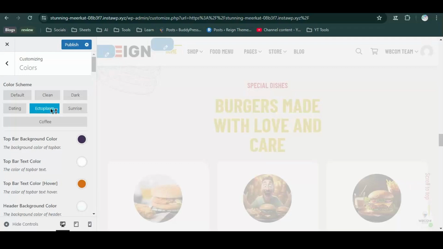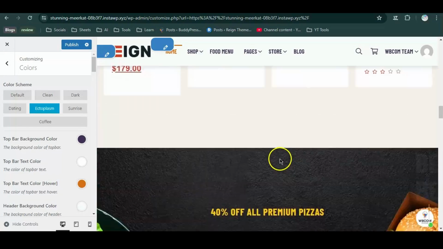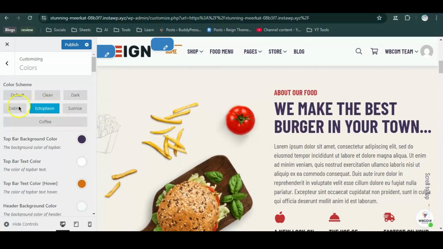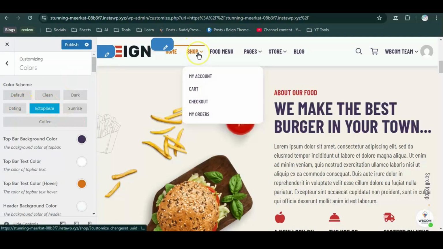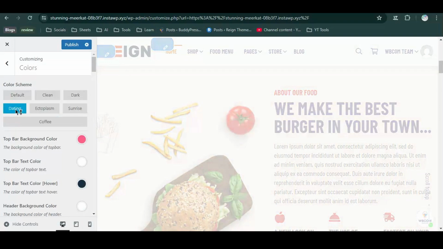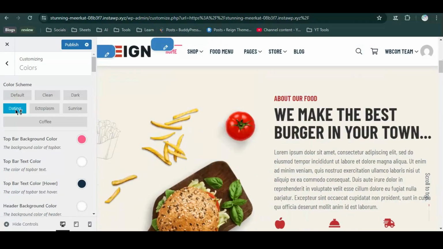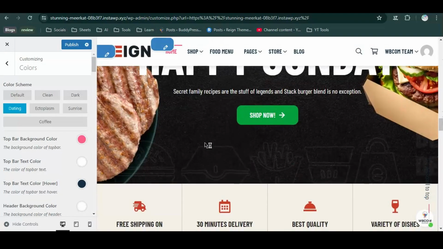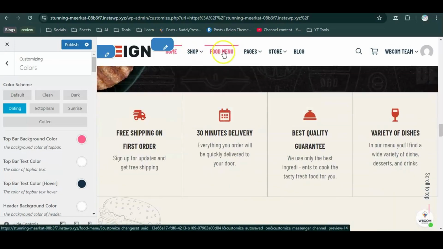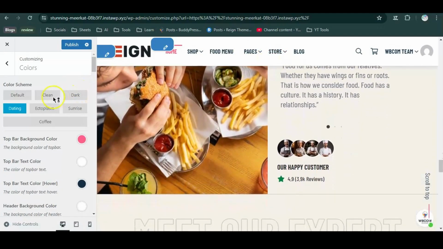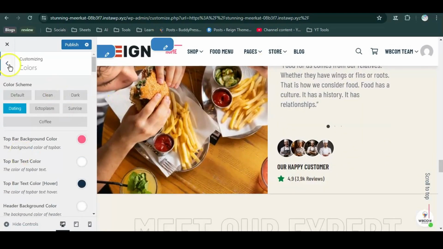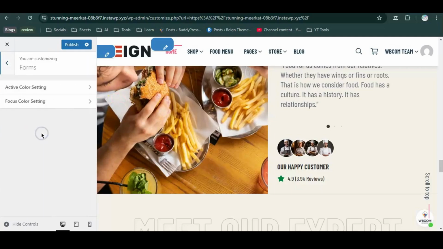Another theme. So as you can see, it has a touch in the background. Okay, so as you can see, it's based more on pink colors. Then you have the clean and default look. Okay, so let it be this one for now. Going back, we have the options to